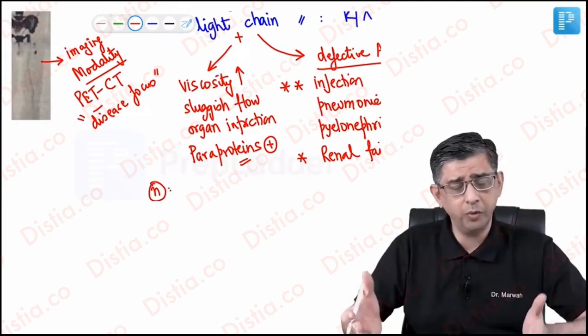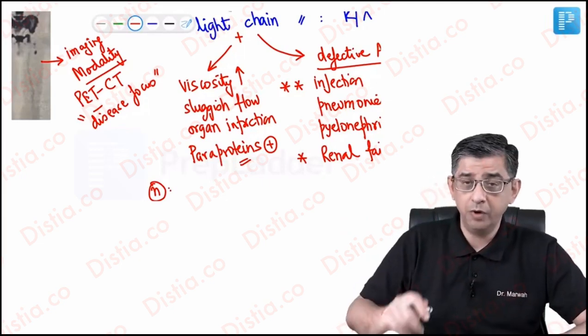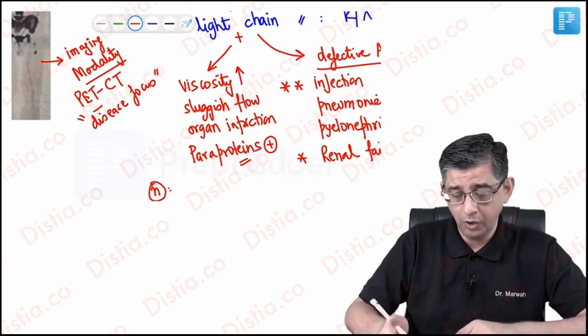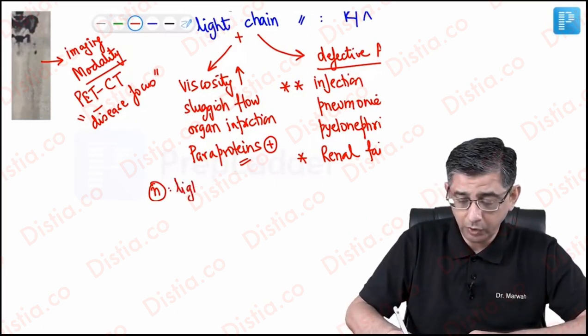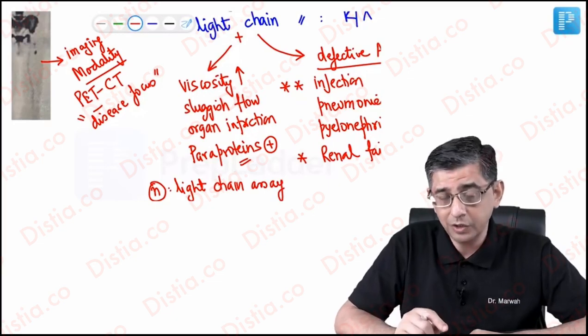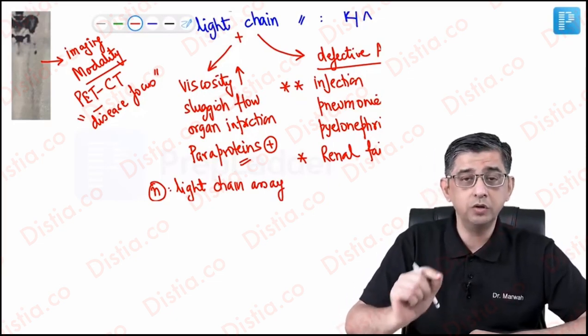And even if we say, okay, proteinuria is present, no big deal. I mean, we need to quantify: is it light chains which are contributing to this? So we are now capable of doing what is called a light chain assay, and they can ask you in the exam how much is the excretion of light chains in the urine of a normal person.